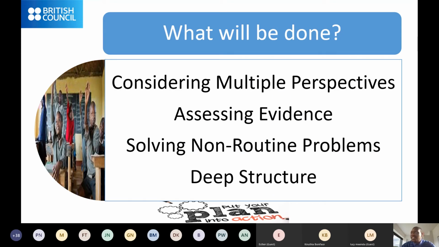Now we have an opportunity to apply multiple perspectives, assessing evidence, solving non-routine problems, deep structure. So you can choose from all this. Good advice is to try to choose one attribute from each, so that as you are doing the six months, you have a wide exposure to the application. If you select one aspect from each of these, you will have a broader perspective of all, but don't take a lot. Take something simple from each, and then try that. That will give you a soft landing as you begin to implement.